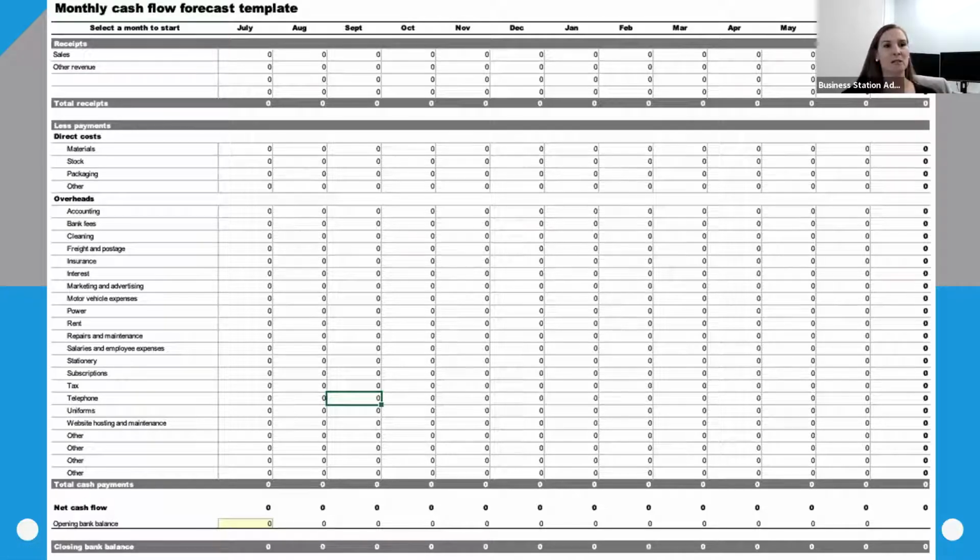But a template is a really good starting point and it really allows you to map everything out. So I'd highly encourage you to download a template. Like I said, the Australian government website, also the Small Business Development Corporation in Western Australia, has really good cash flow templates that have both a weekly and a monthly version of that particular forecast. So as a very important starting point, I would look at downloading a template and mapping out some of your cash and just see what it looks like.